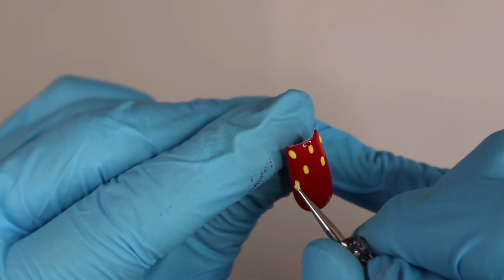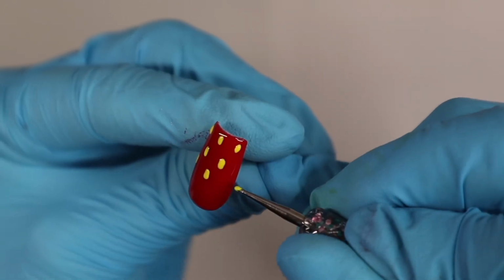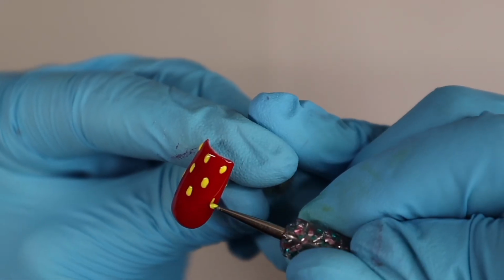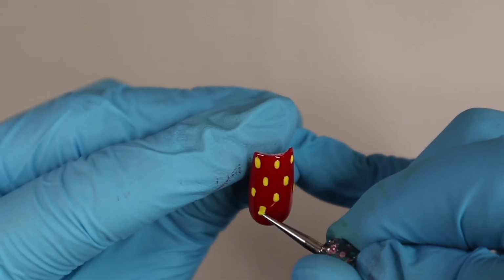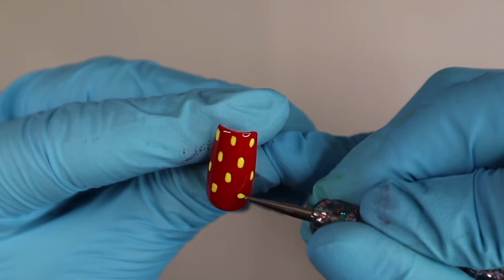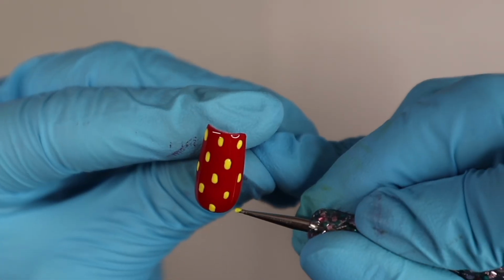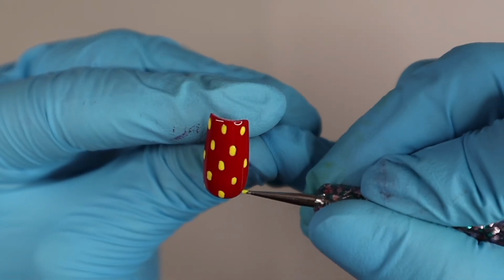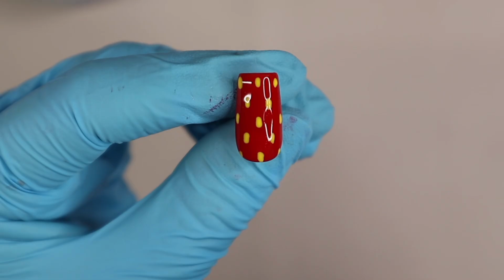So where I put the top 3, I'm putting the next 2 in between them, and that way once I apply my 3D gel, it'll be super easy to go around those seeds. This is a design that I have just been seeing blowing up on social media, and I've seen so many different methods of how to get this look, but what I think is best is the method that I'm doing,